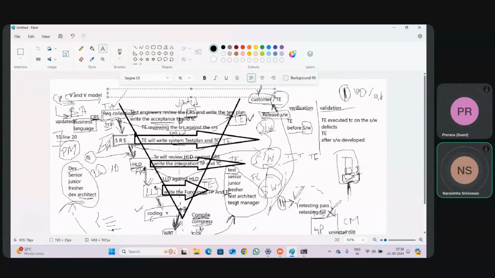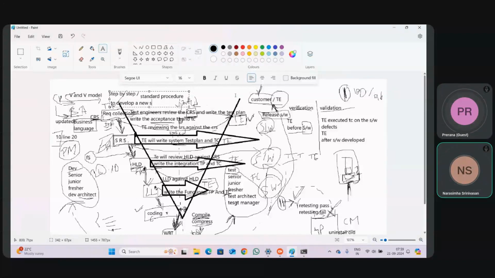This entire thing is called the verification and validation model. And I can give you the definition: it is a step-by-step procedure or standard procedure to develop a new quality software.